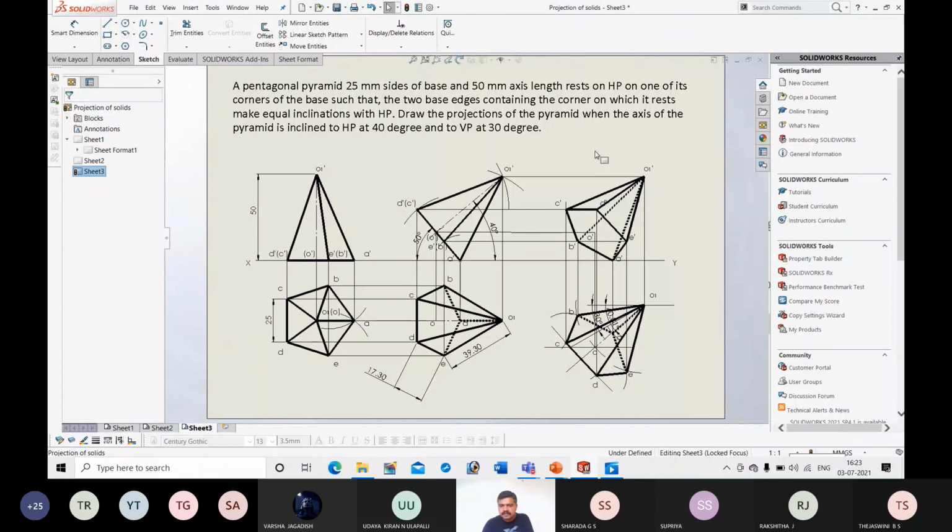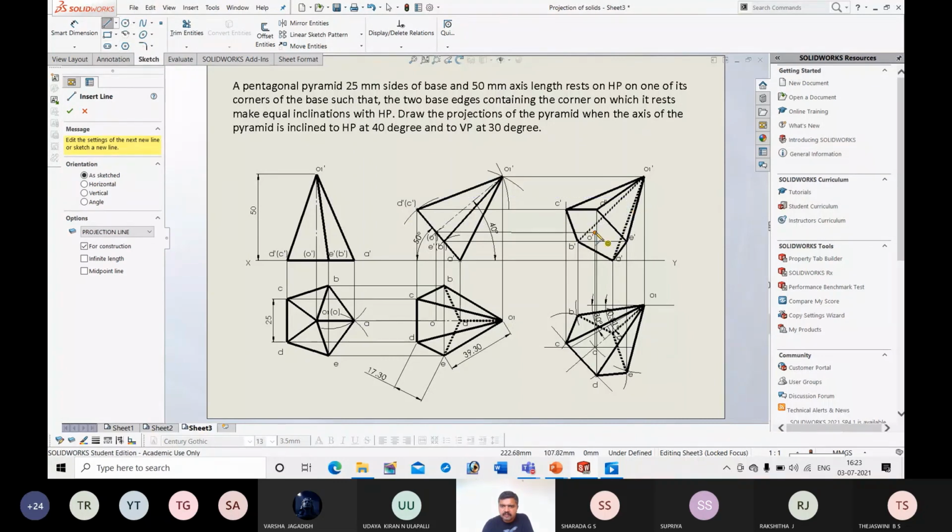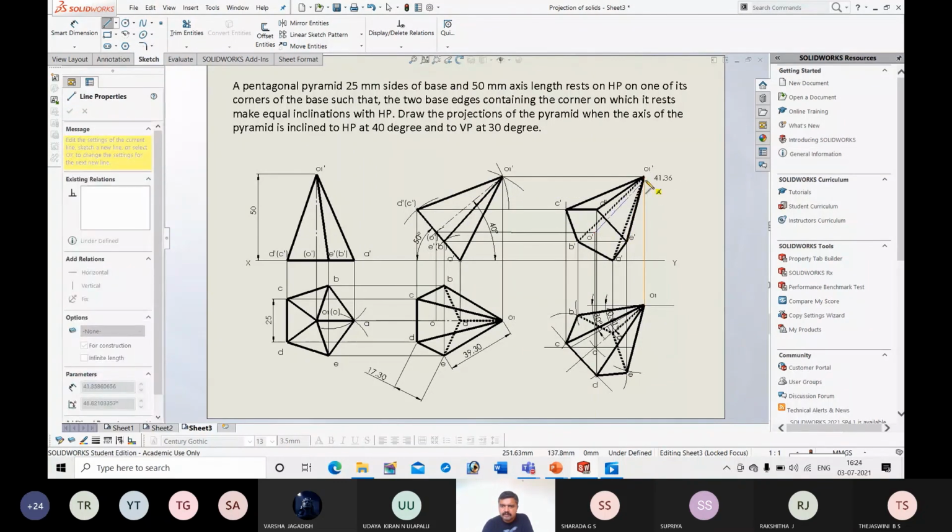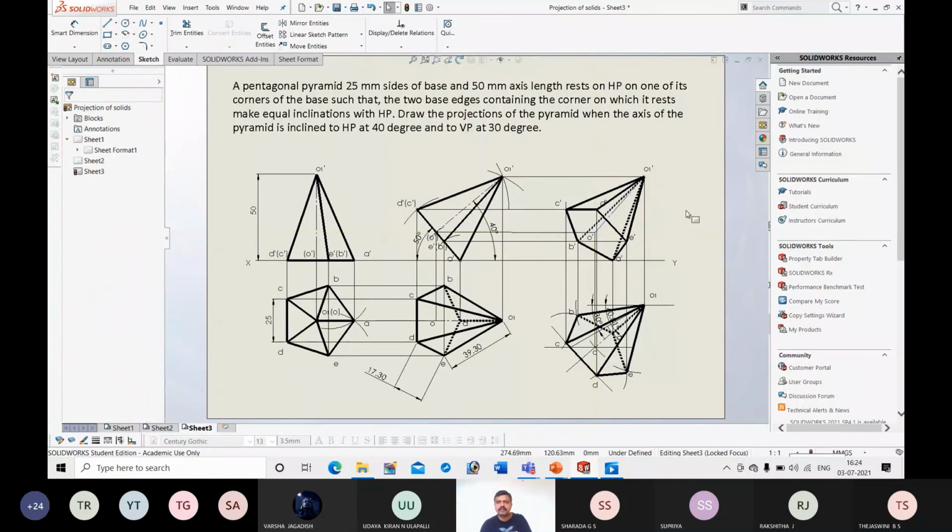Next, I will draw the axis. So draw a chain dash line connecting O dash to O1. So this is the final front view. Okay. So projection of solids is very important from the point of